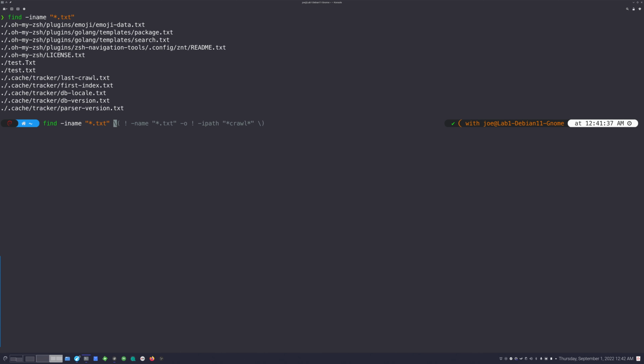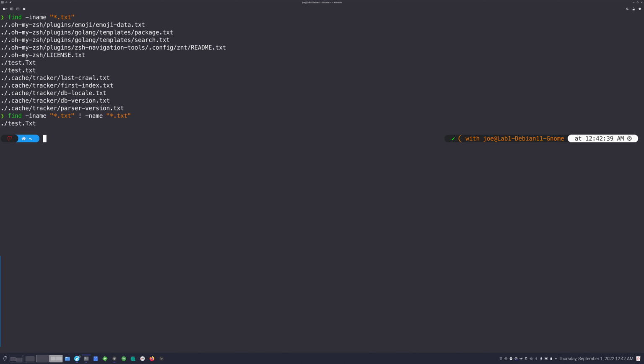Let's say I want to scope this to only stuff with that capital text in it. So now I want to negate, let's get rid of all this here. I'm going to negate everything that has the lowercase text, and this is going to have just text.txt with a capital T. I want to delete just that file, okay? The proper way to do it would be to put delete here, okay? This is going to do what I want it to do. It's going to delete that file. Only that file, and that's what I want.